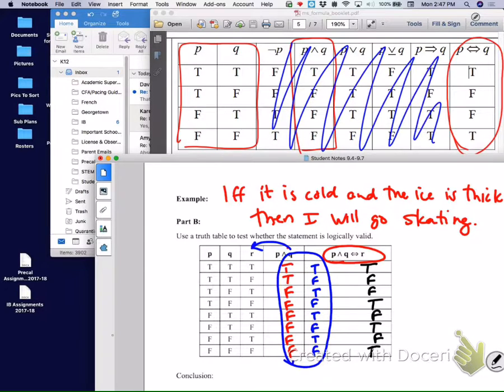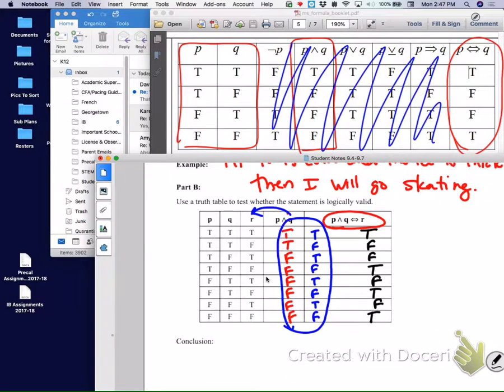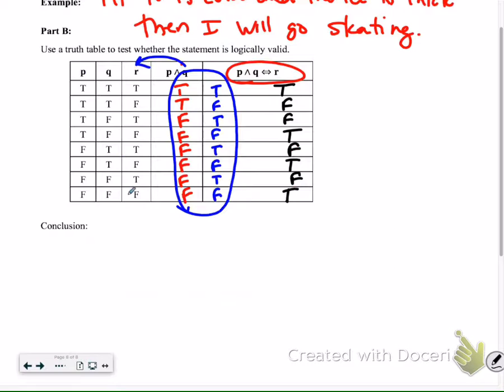So we're trying to figure out if this statement is logically valid. So remember from the other side there, logically valid. We don't need our table here anymore. Logically valid means that it's going to be true for the entire thing. So since this column right here is not completely true, then that's going to be not logically valid. So test whether it's logically valid. It is not